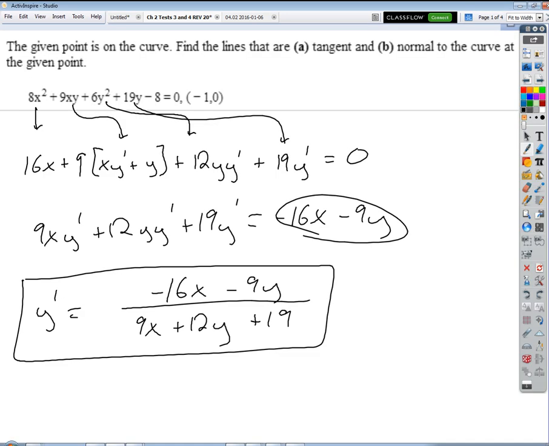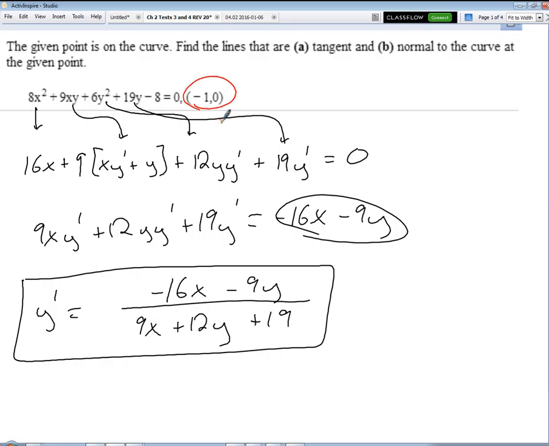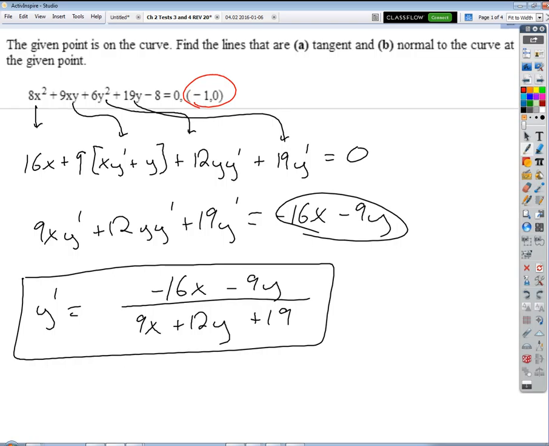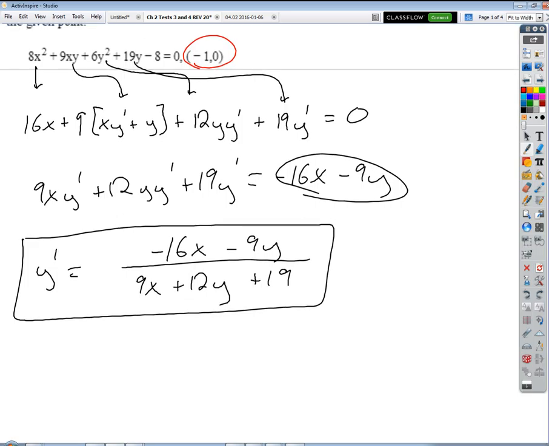Plug it in. Exactly. So we're going to evaluate the derivative at -1, 0 to find the tangent. The slope, right. Good, the slope of the tangent line. The slope of the curve, which would be the same thing as the slope of the tangent of the curve. Okay, so if we do that, we get